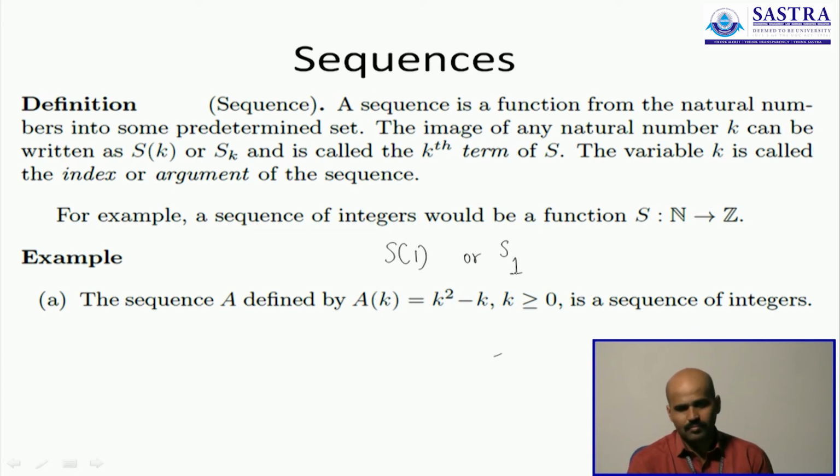Both of them are common standard notations for this idea called a sequence. So when I write s of k or s subscript k, I am in fact referring to the kth term in the definition of the sequence. Now you know how a sequence looks like. You will have numbers separated by commas, and there is always a pattern, a rule that determines what number comes next.